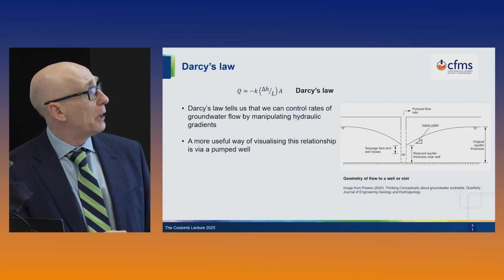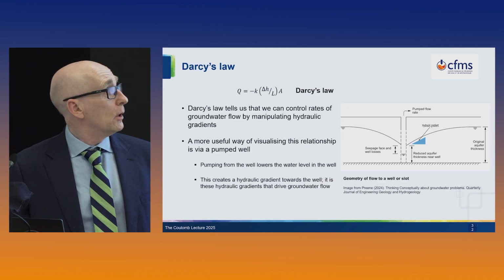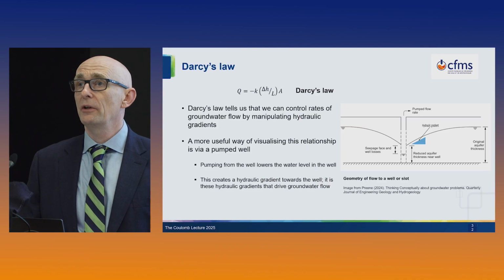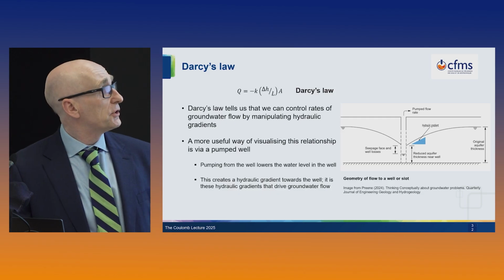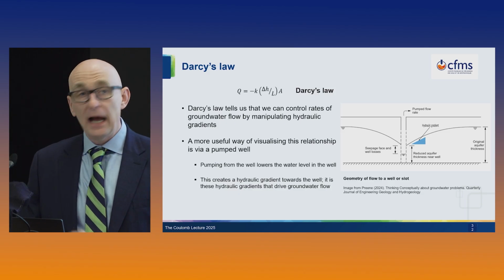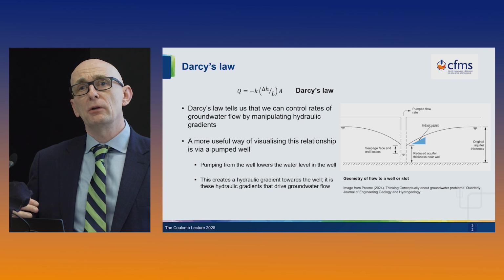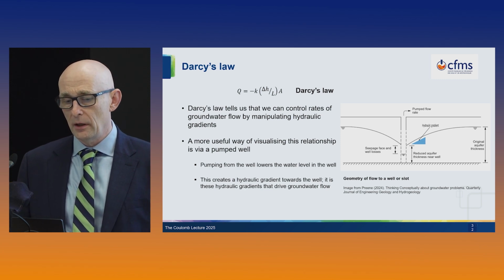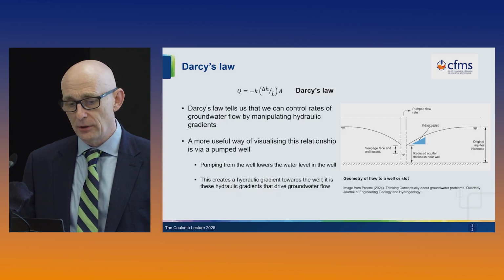So here we have an aquifer, we've got a vertical well, and we have a pump in the well. And what we do is we're going to pump from this well, and obviously we know we're going to lower the groundwater level in the well. This creates an excess head, a lowering of the water level in the well, and that will cause flow to occur towards the well, and we get a hydraulic gradient. And while it's not a precise match, you can visualise the hydraulic gradient as being related to the slope of a water level, a slope of a piezometric level.